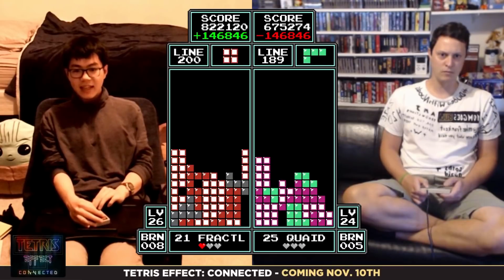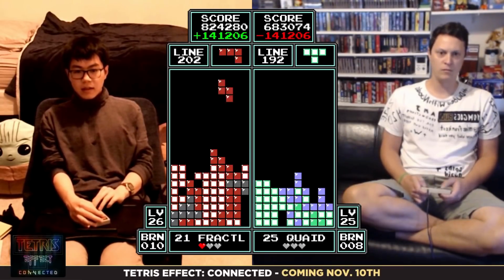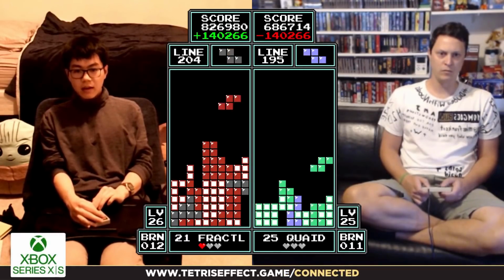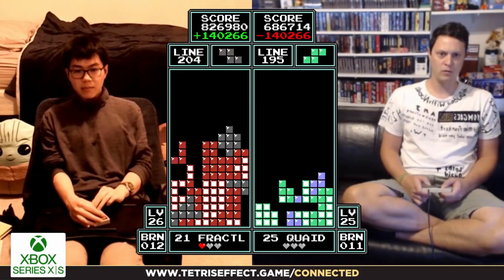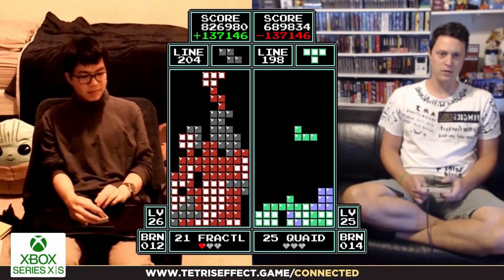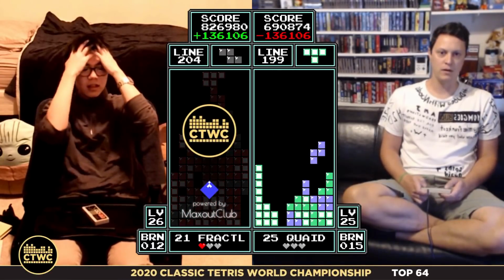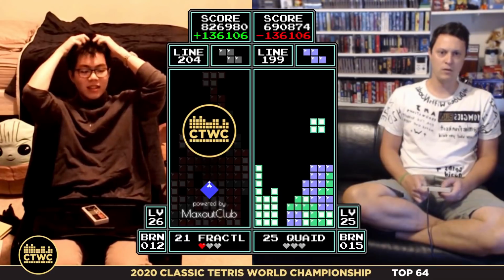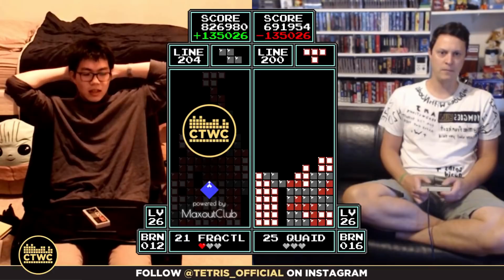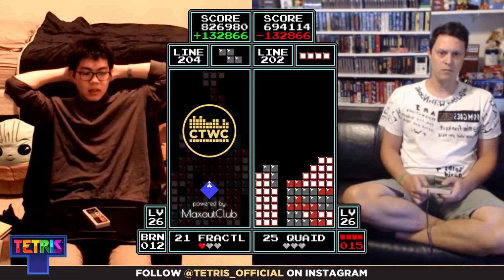Yeah. What's the idea here? Yeah, he has to burn through there, and this is tough now because he's forced into a bunch of burning right here, and this is going to cut into his potential catch-up. Nice burn from Quaid. Oh wait, Fractal tops out. Fractal tops out. But he tops out at level 26. We have Quaid right now at level 26 as well. If he can get these Tetrises,